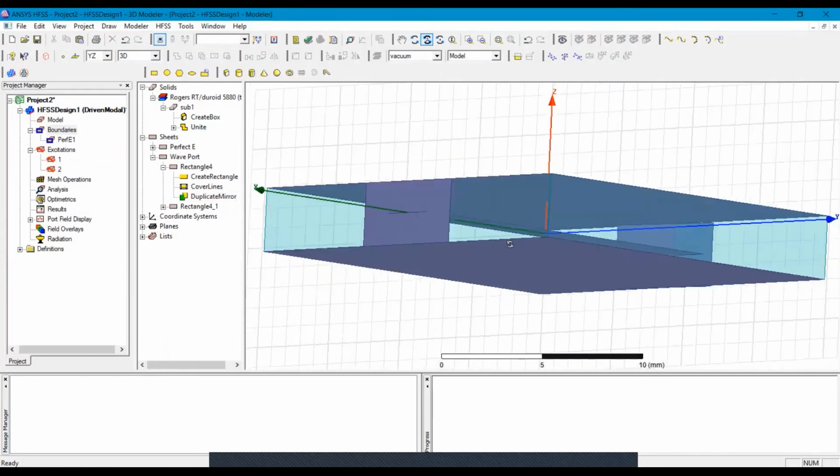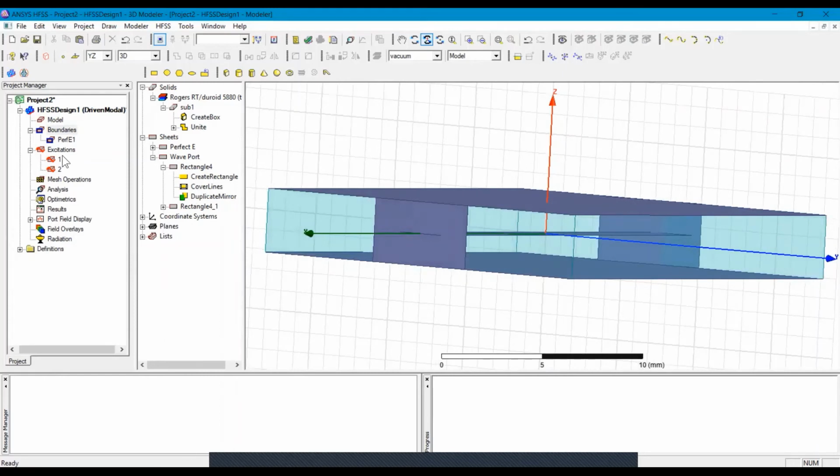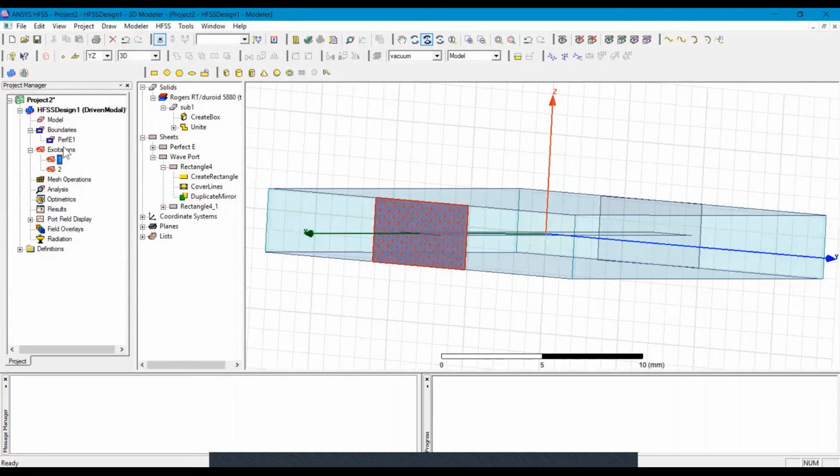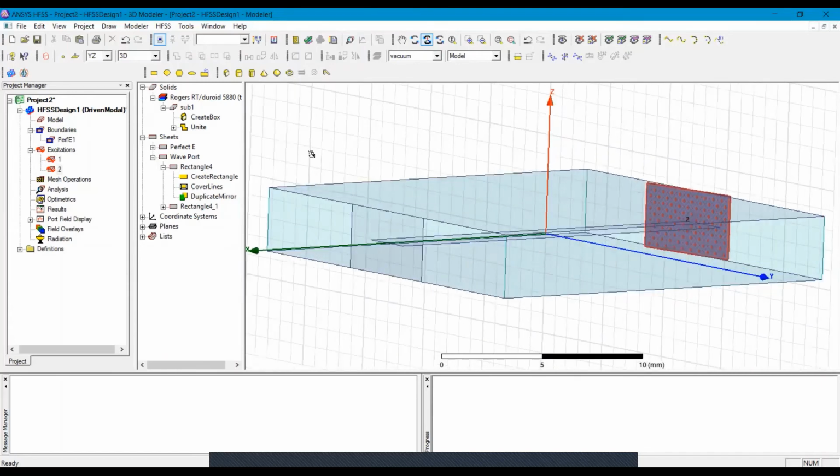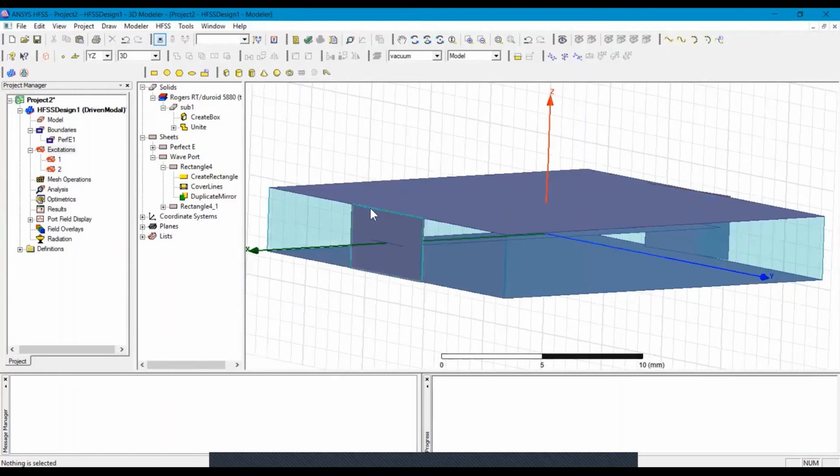So here you can see that excitation is automatically assigned to the next port. So port 1 is this and port 2 is this, and the excitation is automatically assigned to this port. Now the overall structure is looking like this.